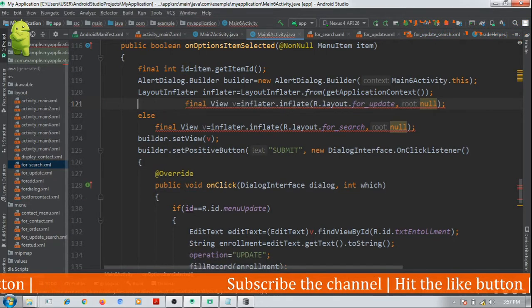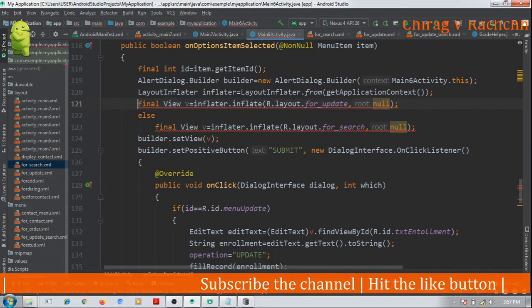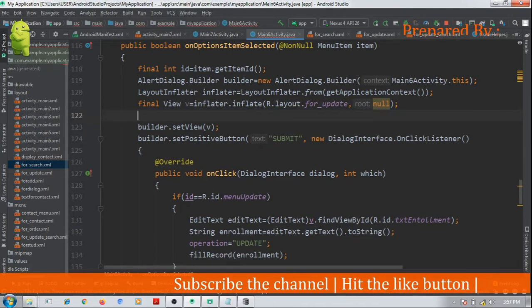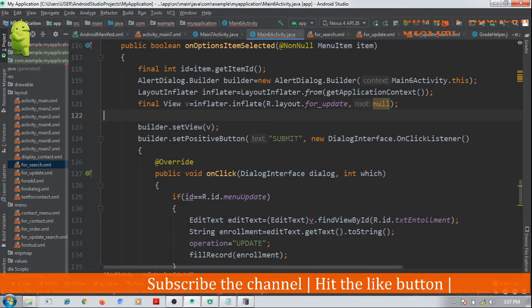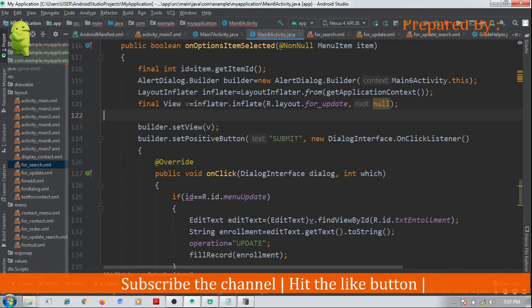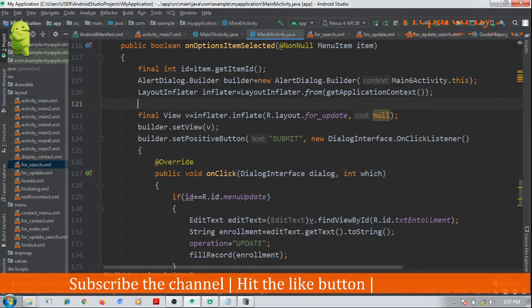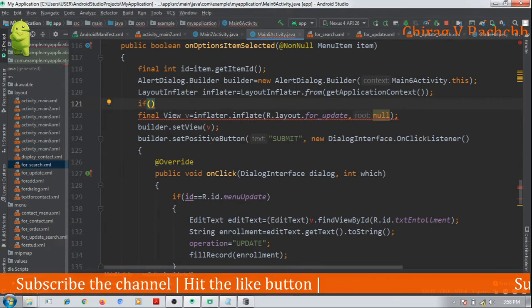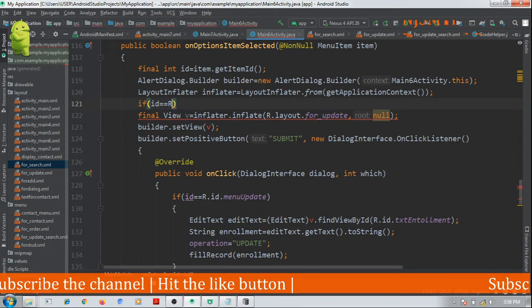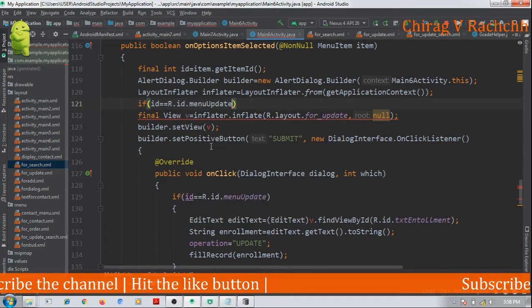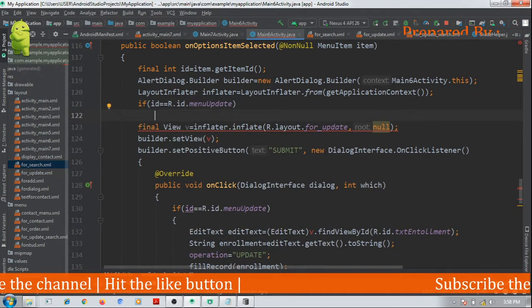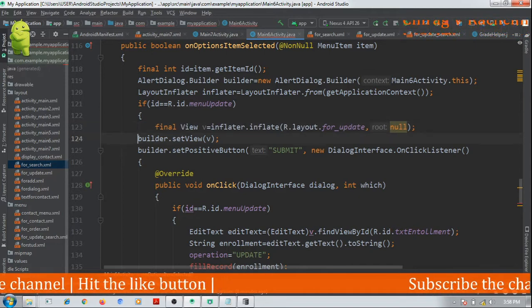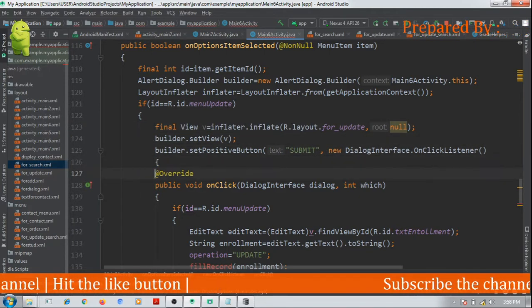So what should we do here? Yeah, we can have different things for both the operations. R.id.menu_update: if menu update is clicked, then all these things should be performed.